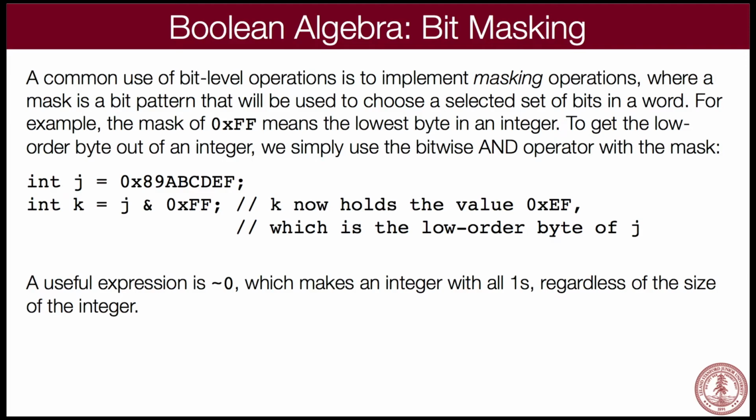Let me show you some examples. You're going to practice lots of these examples in lab next week. The example of this one is, in this case, if we do 0x89abcdef, and we AND that with ff. What is ff if we have all 8 digits, or all 4 bytes of that? 0, 0, 0, 0, 0, 0, ff. Right? And that's all zeros, all zeros, all zeros, all zeros, all zeros, all ones, all ones.